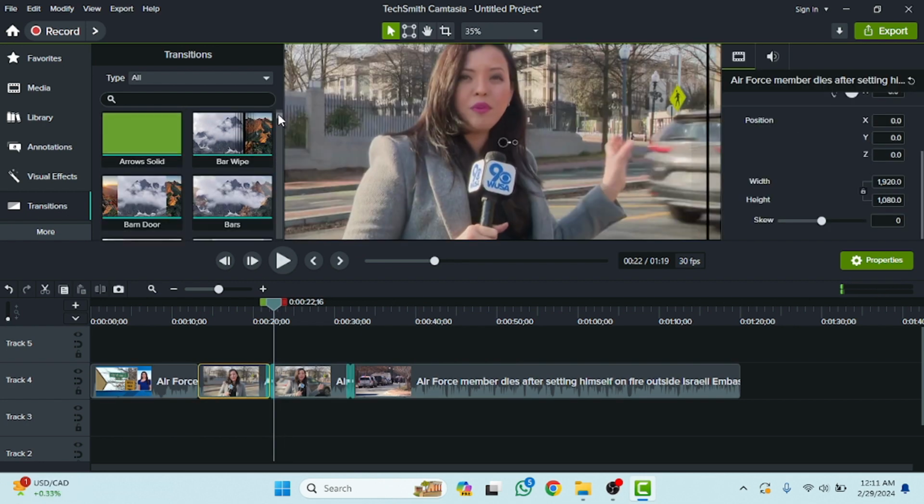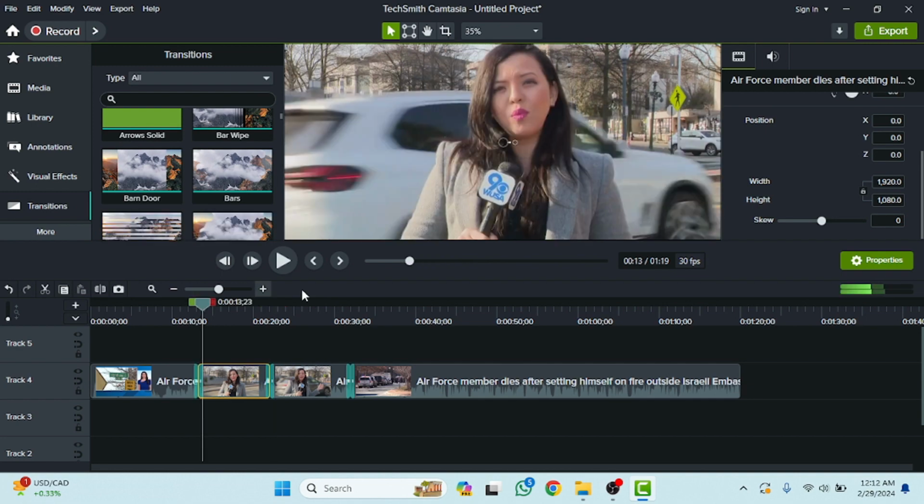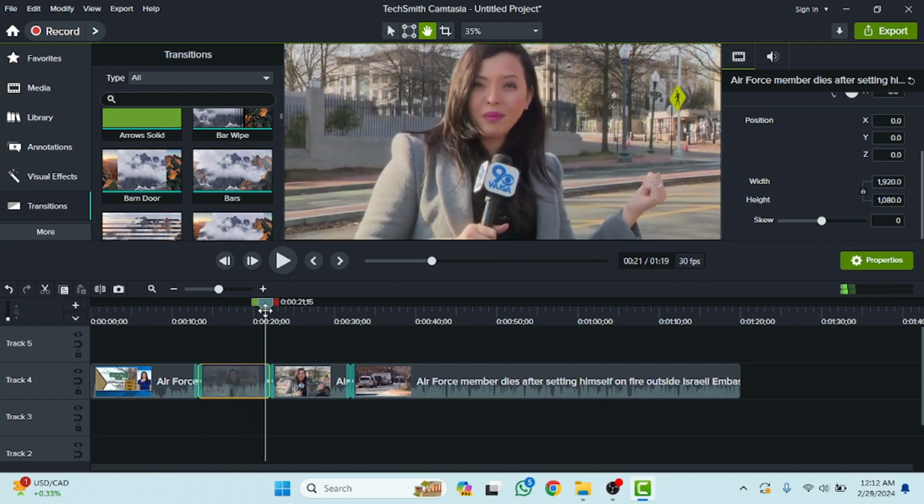So as you can see here, you will see a lot of transitions. So for example, I'm going to use this one. So I'm going to drag this here, and now here's another transition. So I'm going to drag this here again. So let's click on this, and now if you want to use this one or this one, it's up to you. So as you can see, here's the video, and now if you want to play this,